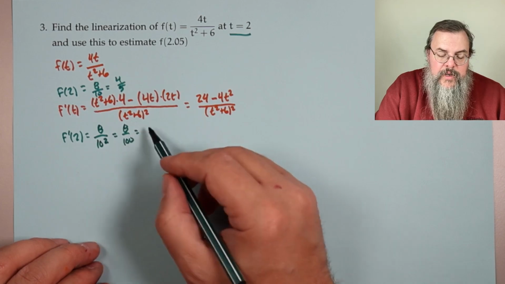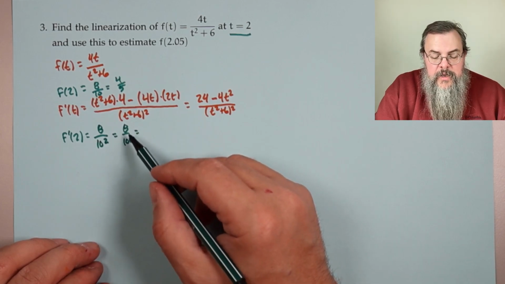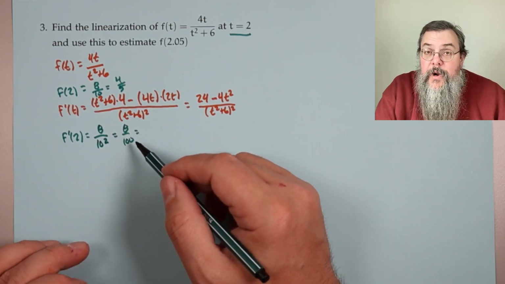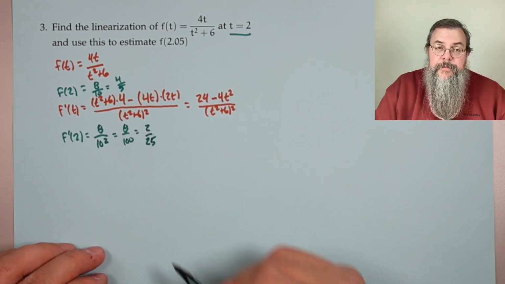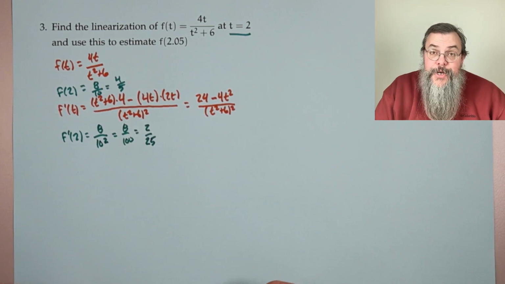And if we wanted to, we could write that, well, 100 is divisible by 4, and so we can write that as 2 over 25. All right, good. Now,